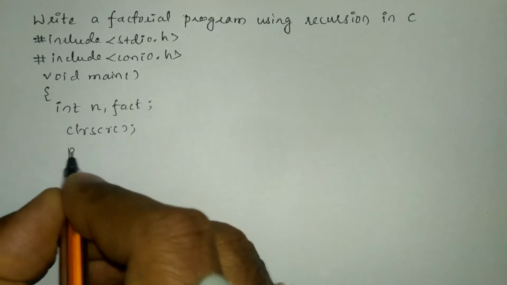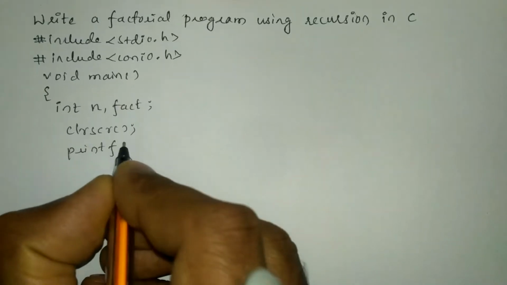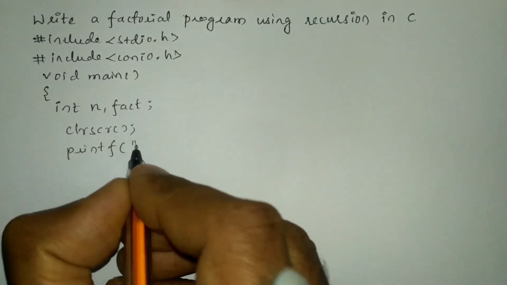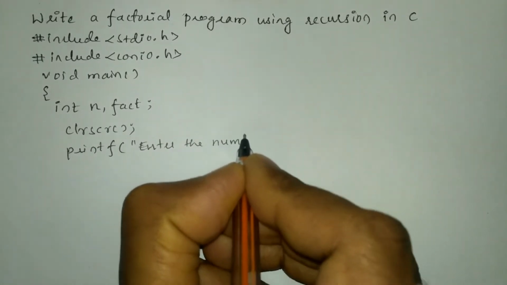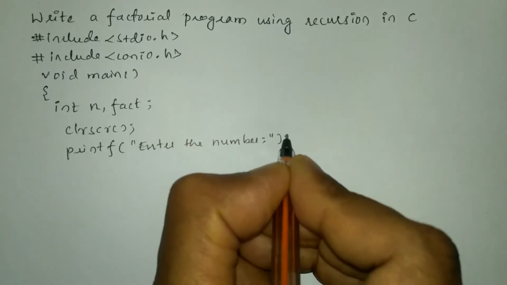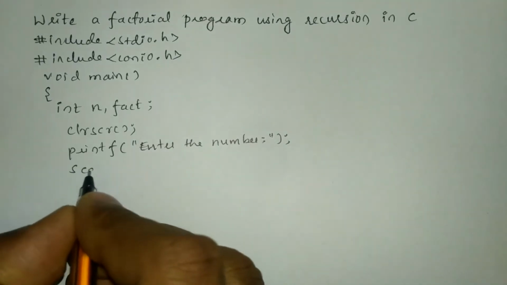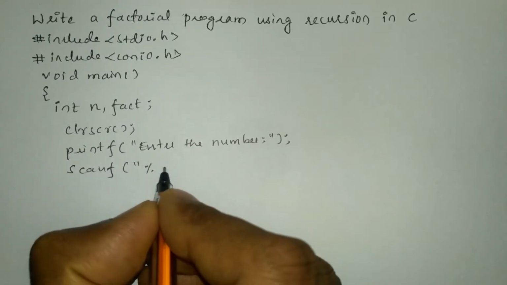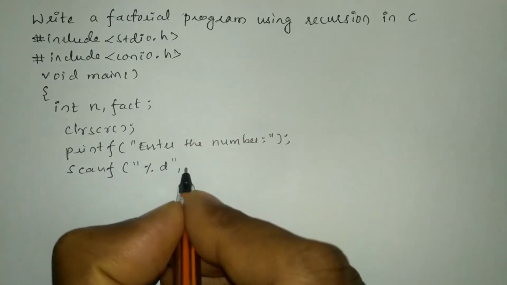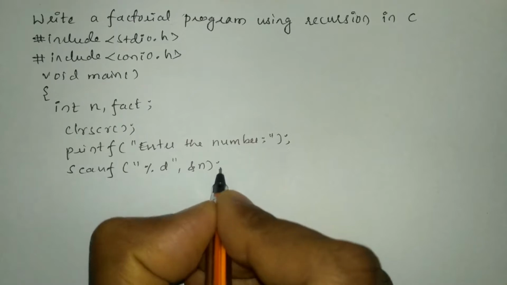Now I'll ask the user to enter the number using the printf function. So here in double quotation marks I'll write "Enter the number:", end the double quotation mark and put a semicolon, and we are going to receive the value from the user through the keyboard. Here in double quotation marks we'll write %d, end the double quotation mark, put a comma, &n